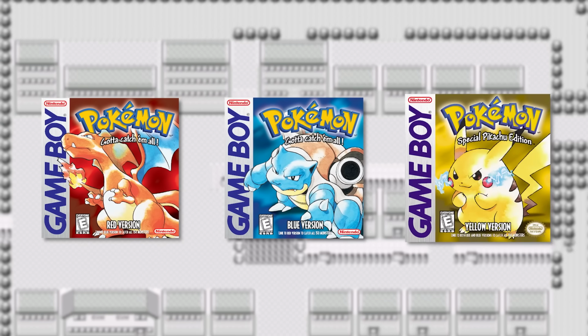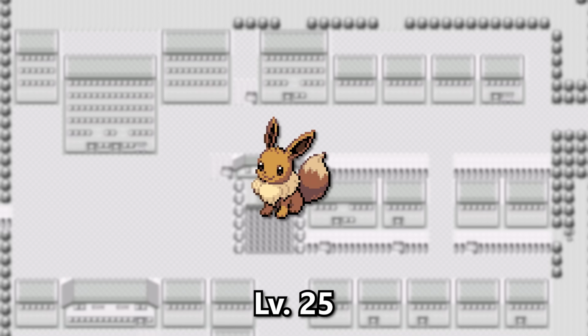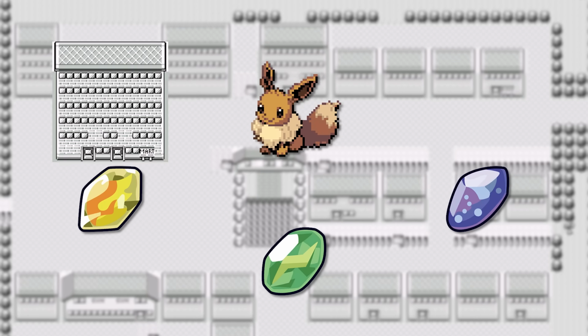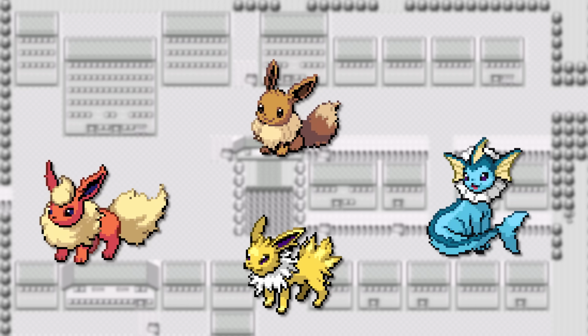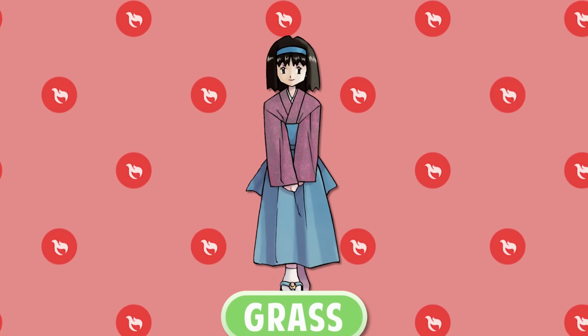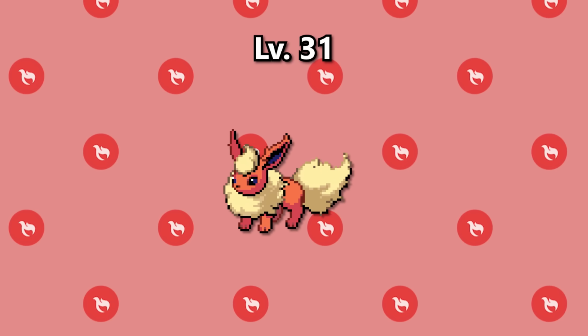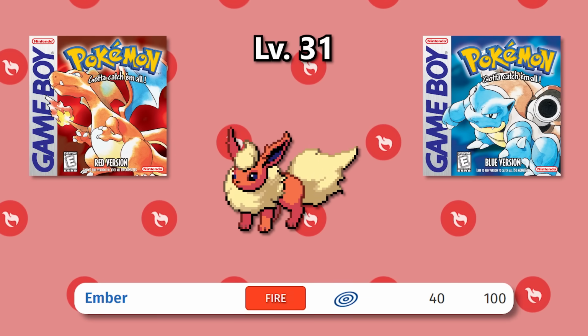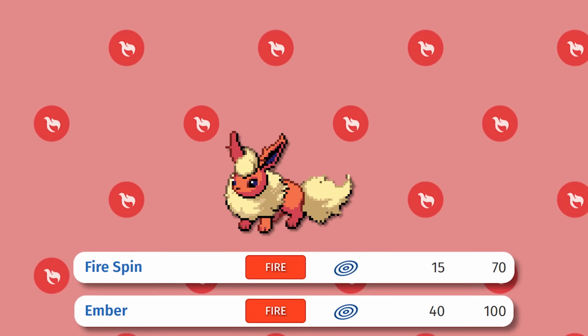Pokemon Red, Blue, and Yellow give you one gift Eevee in Celadon City, obtained at level 25. And thanks to stones in the nearby department store, you can instantly evolve it into Flareon, Jolteon, or Vaporeon. But which one is best? Well, it's not Flareon. While Erica's Grass Gym is immediate, you have to raise Flareon to level 31 to only get Ember in Red and Blue, but then in Yellow it's level 36 for Fire Spin,